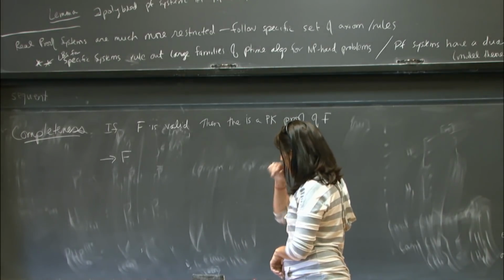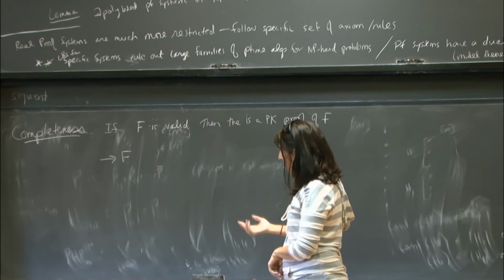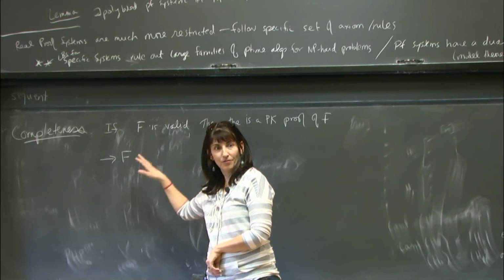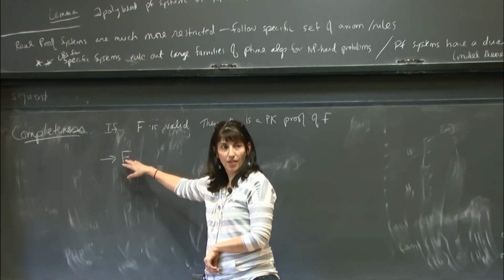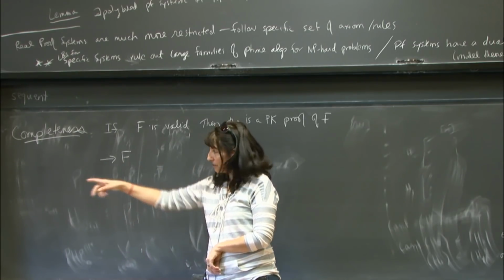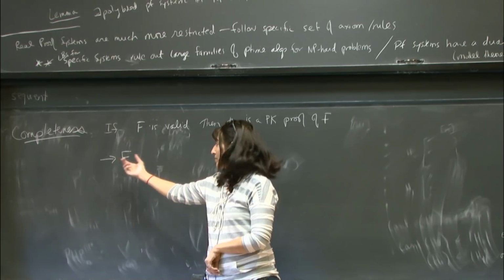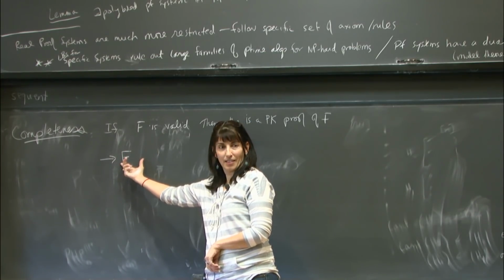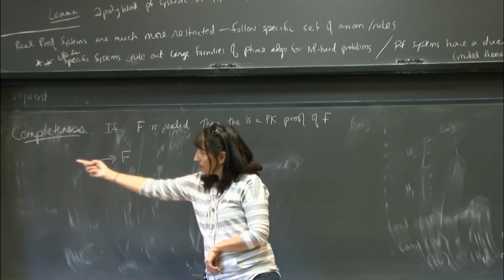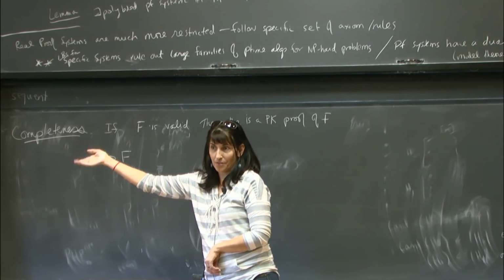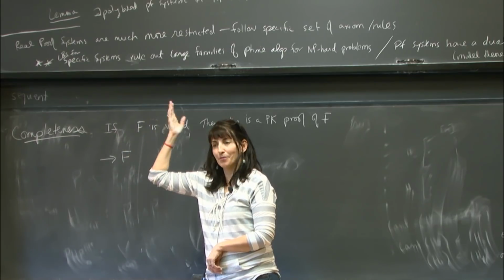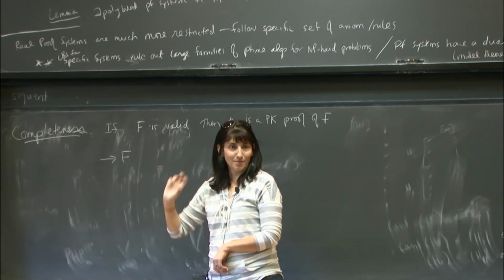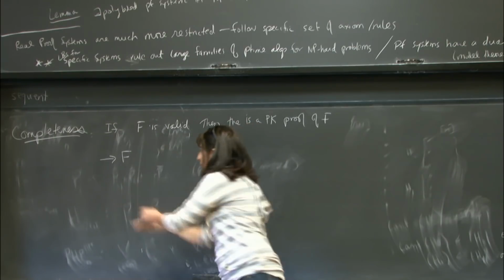Okay, and to prove completeness, we're going to prove it in reverse. We're going to start with the thing that we're trying to prove, and we're going to go backwards, applying the rules in reverse. And it's just going to do the dumbest thing possible, which is to take some outermost connective in F and apply the appropriate rule to break it up to get smaller things. And we just keep doing that until we're left with all literals. A bunch of variables implies a bunch of variables. So you make this huge tree,